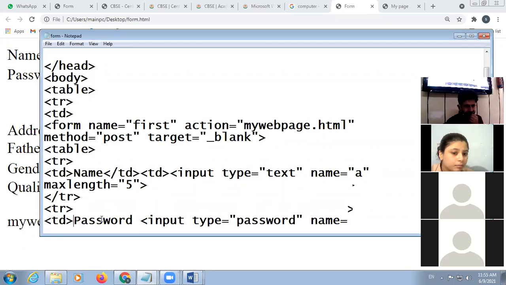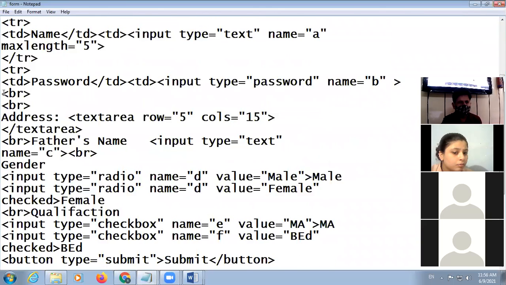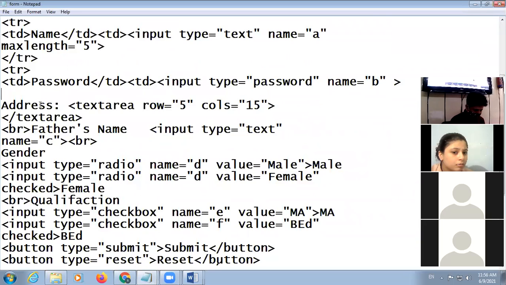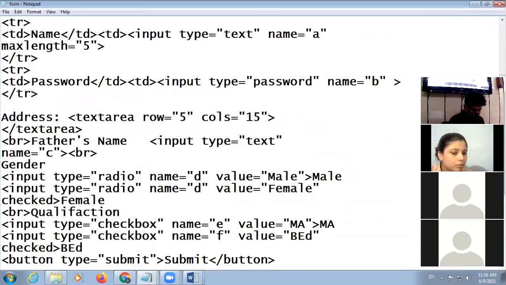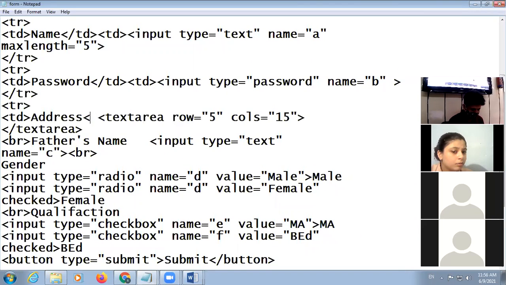Here will be password, then I will close the td, and then we will start td again, and here is the second component, and then I close tr and then start tr again, take td here, and then td close, then again start td.